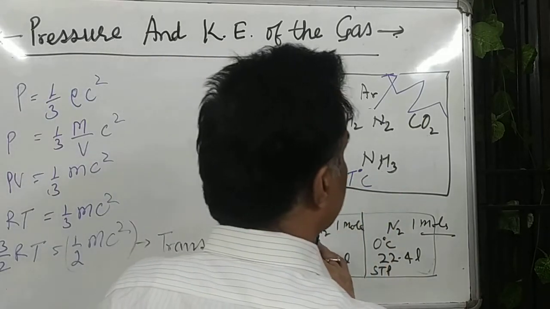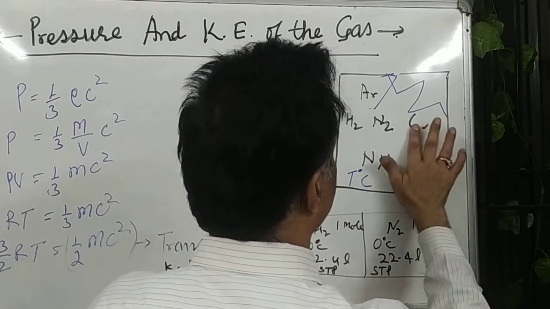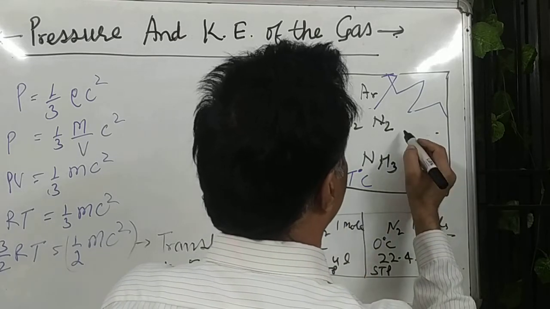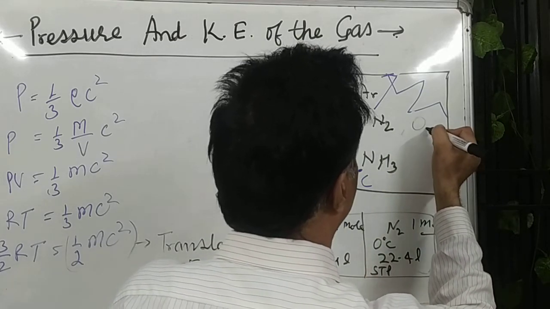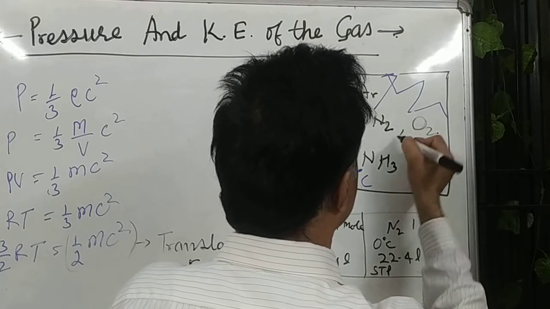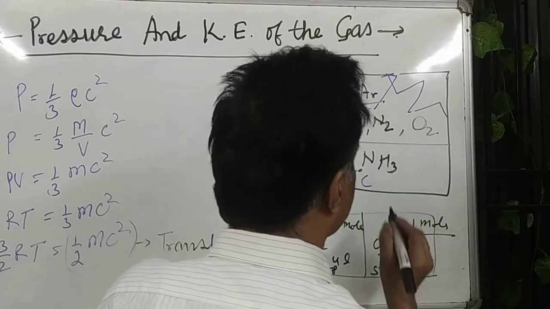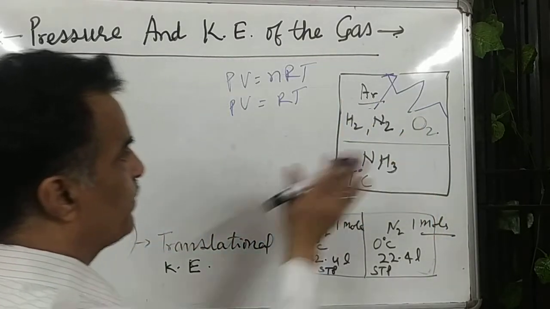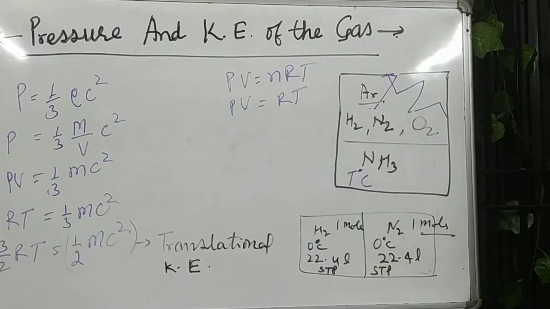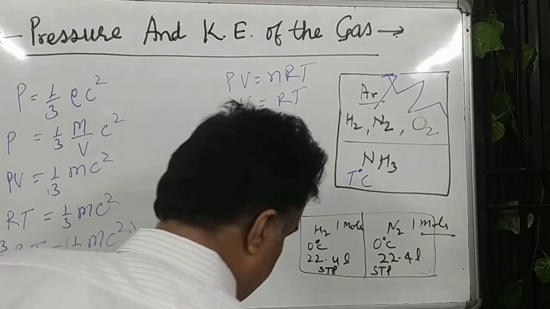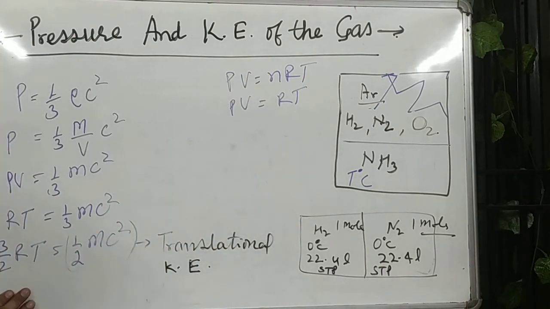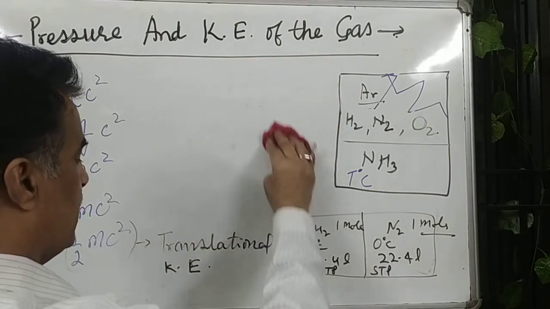In place of carbon dioxide, it may be diatomic. We are presenting nitrogen and oxygen. This is a list of diatomic, monoatomic, and NH3 ammonia triatomic. I am grouping these, that's why I removed CO2 from here. There are some other relations further. If there is any doubt, please comment. I'll answer it.